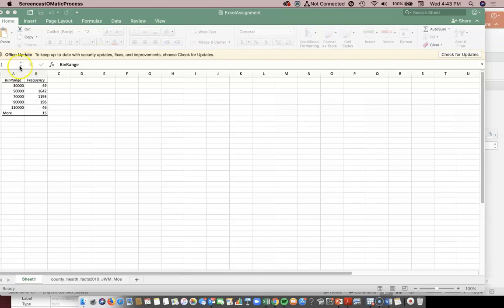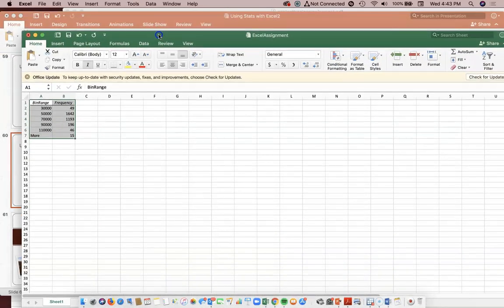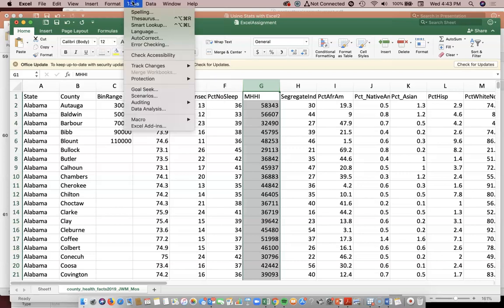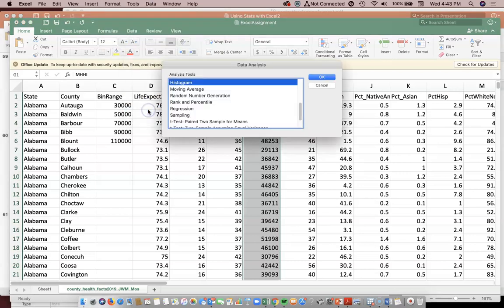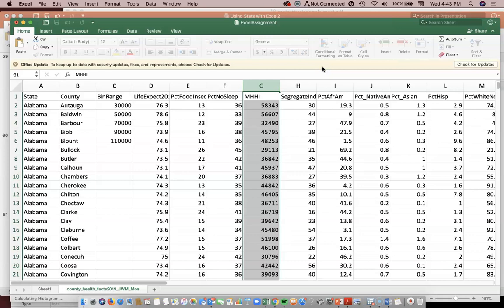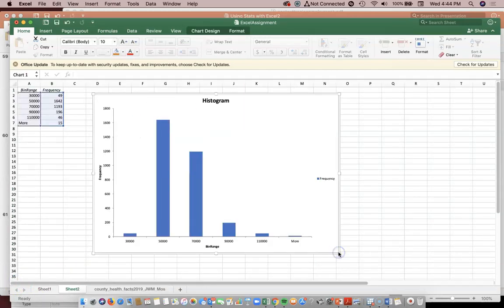So it finally finished up, and here is the table that it provided, but I want to look at the chart. So I'm going to repeat this endeavor right here: tools, data analysis, histogram, and I want to also provide the chart because that's what I want to see. It's going to take some time to do, so I'm going to pause this while it does that. So when it finally finished, it pulled up this particular chart, which does not look like a bell curve